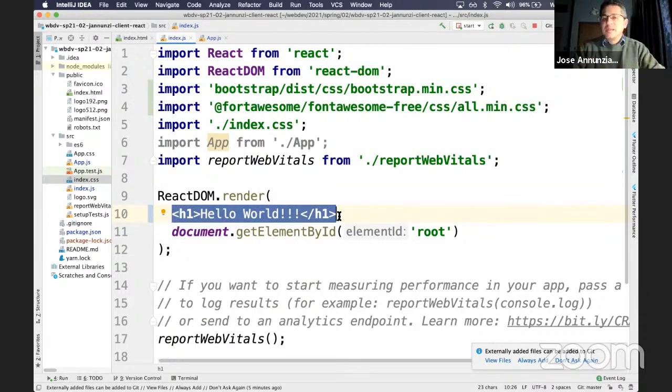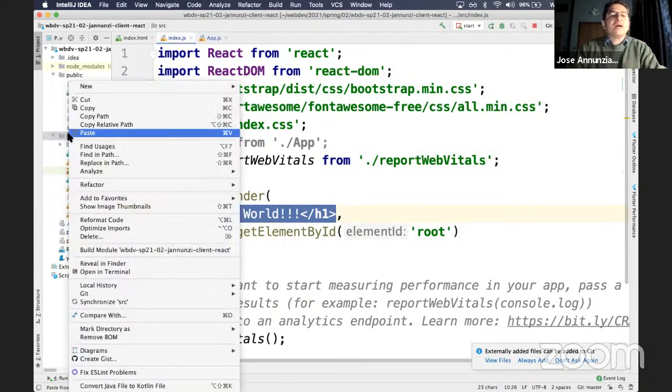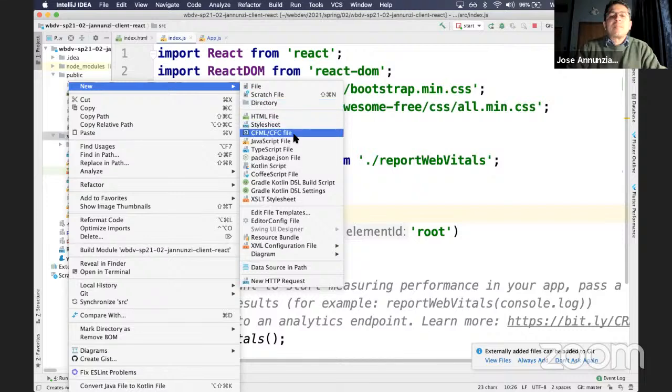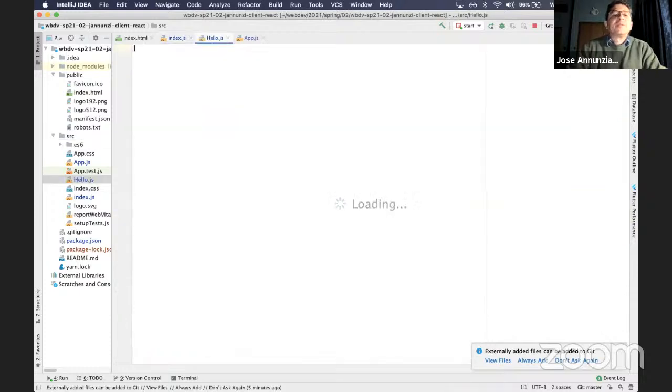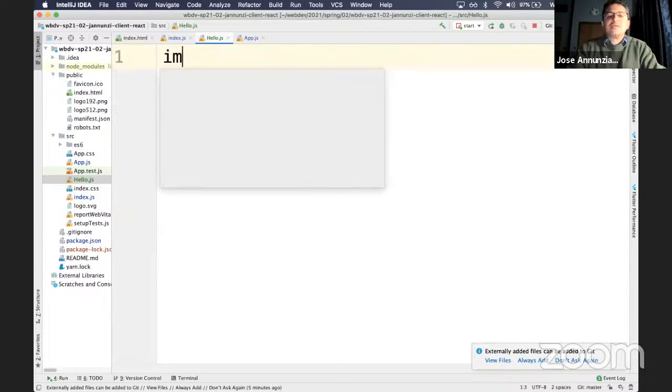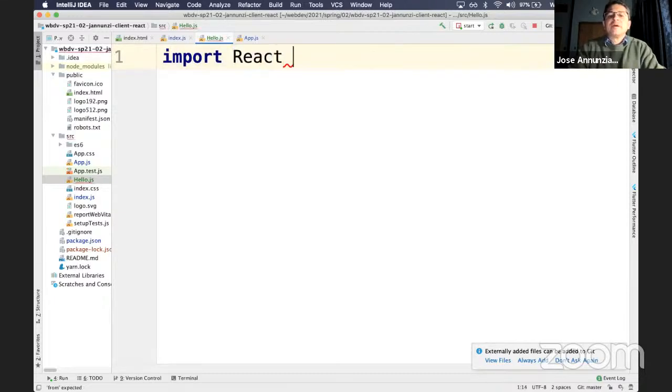So for instance, let me show you this hello world. We can have a component that just does this, right? For instance, let's create a hello JavaScript, and we'll call it hello. Okay, in here, all JavaScripts typically will need to import React, right? The core,